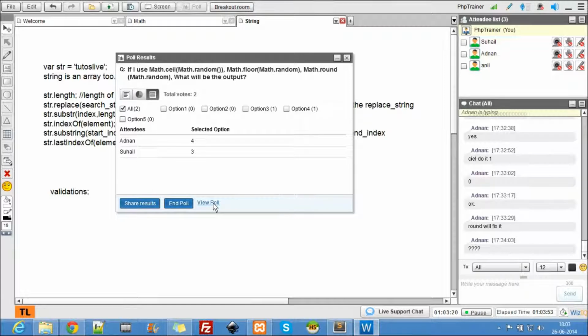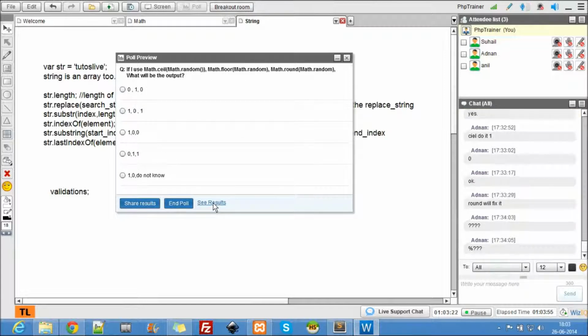Alright, so close. Yes, 5. Ceil will give 1, floor will give 0, but you don't know what round will give, right? Round may give 0 or 1, any of the two, at a given instance.